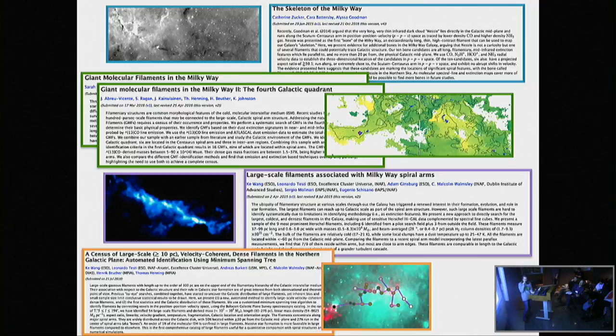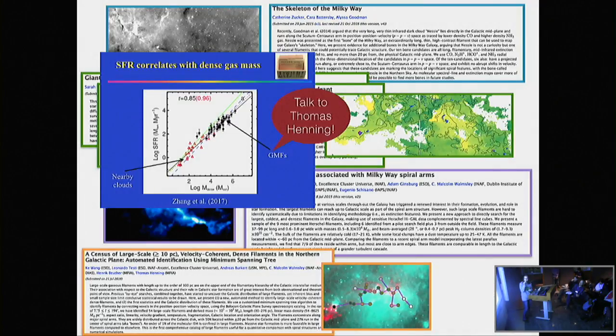One neat result I just want to highlight is that if you look at the molecular envelopes, the molecular cloud environments around these filaments, they actually follow the same star formation law as nearby clouds. However, what we're really interested in is the potential of these filaments to trace spiral structure. And understanding that, given this diversity of filaments, is very difficult because, like I said, we used very different selection